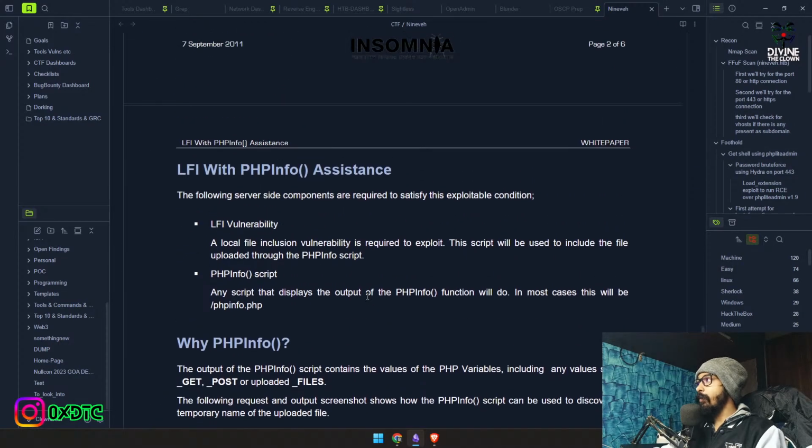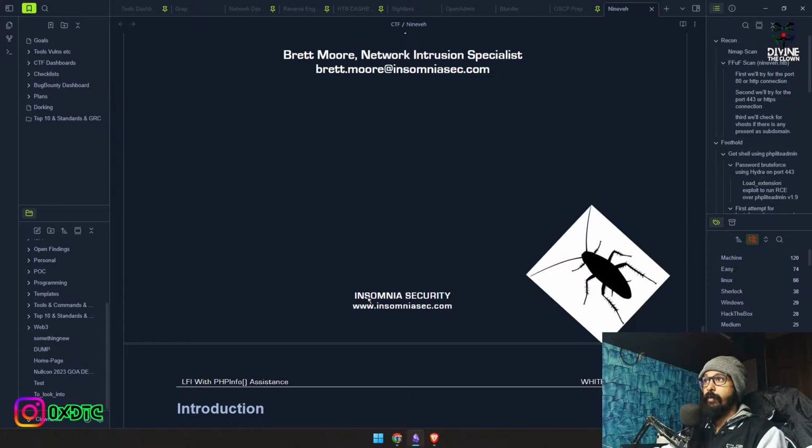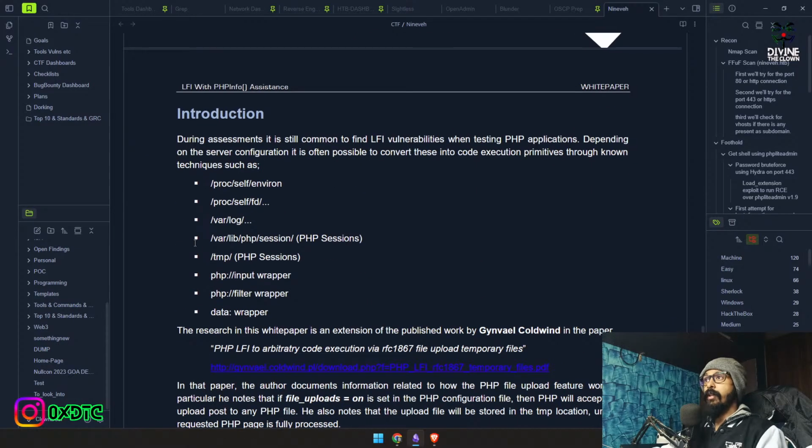Okay, let's go to the paper. And what does the paper say? The paper says during assessment it is still common to find LFI vulnerability when testing PHP application. Depending on the server configuration, it is often possible to convert these into code execution primitive, though known techniques such